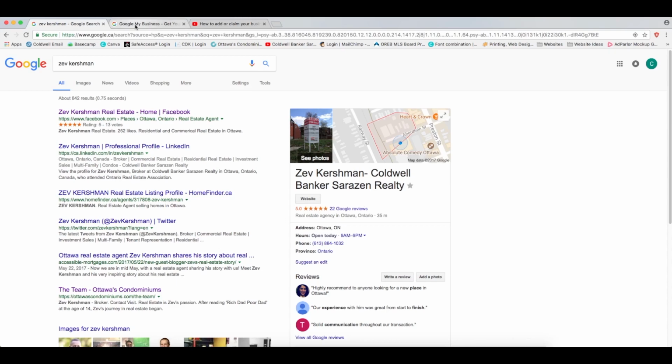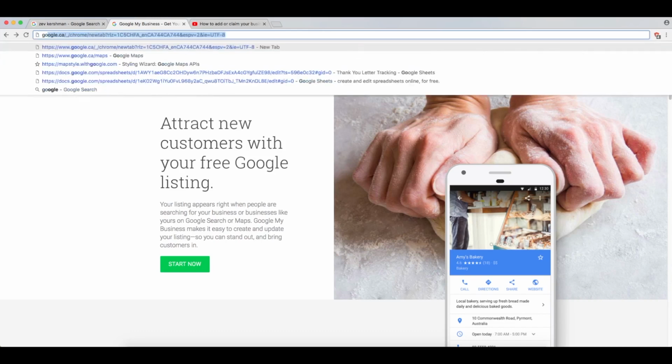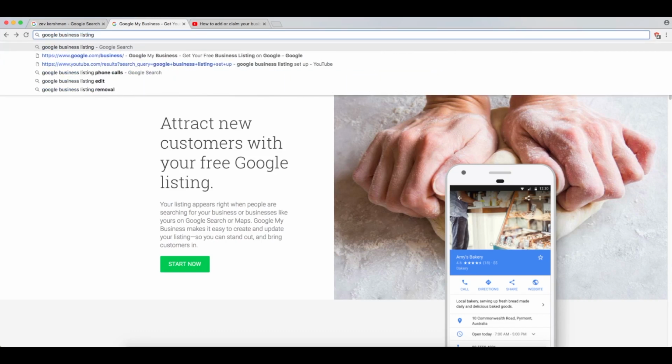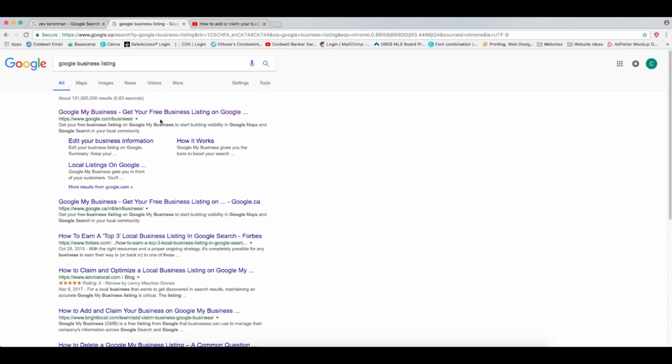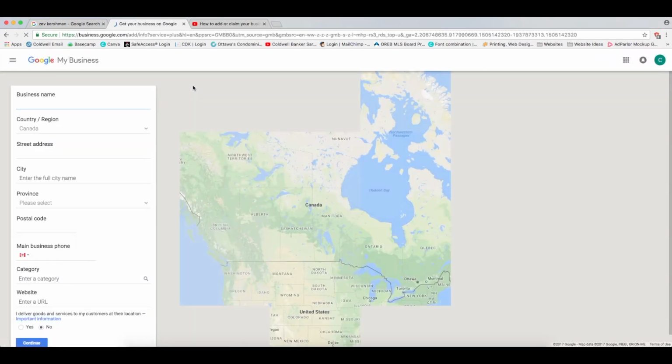So what we're going to do now is go through setting up a Google business page. Ideally, you would Google "Google business listing." It'll pop up here. It's the first page right here. I'm already signed into someone's Google account. I'm making them a business listing for now, so we don't have to sign in. We'll just go to Start Now. Otherwise, you can sign in with your Google account. Otherwise, you have to set up your own